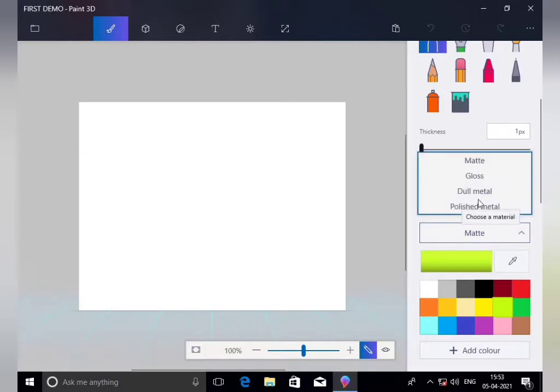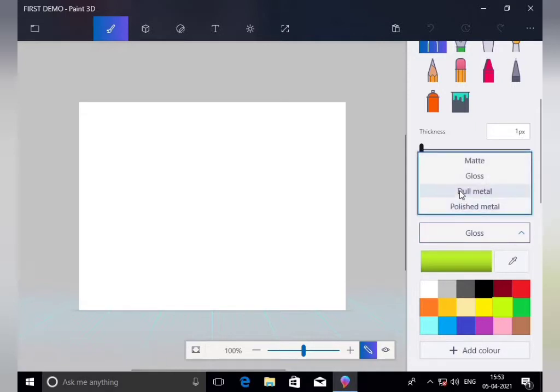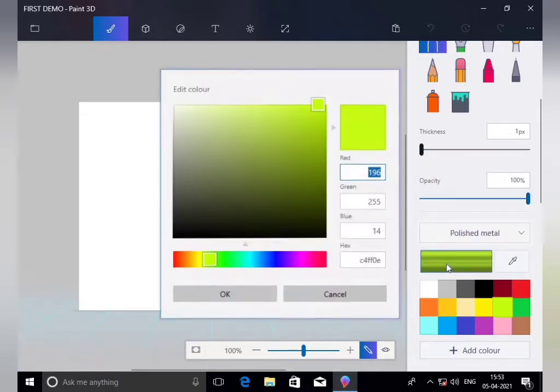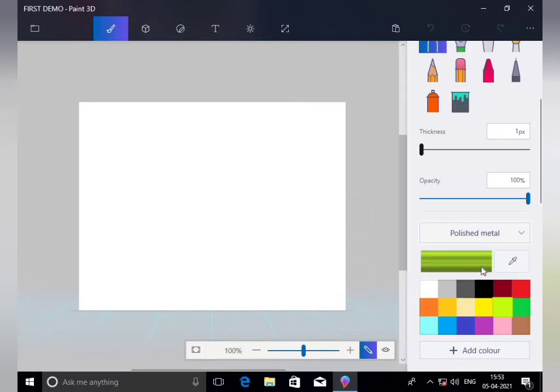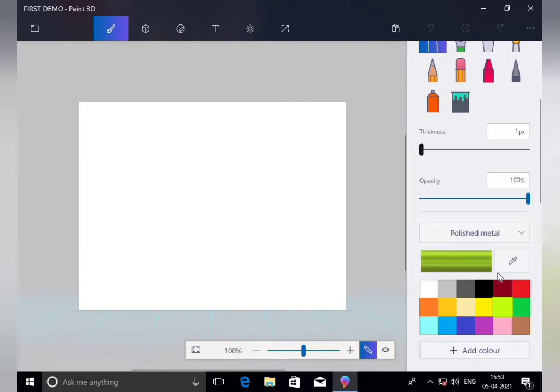Metal, glossy, it is a color. You can see dull metal, polished metal. These are the shades for our Paint 3D program. We can choose from here matte, gloss, dull metal and polished metal. These are the categories for filling the color, right?